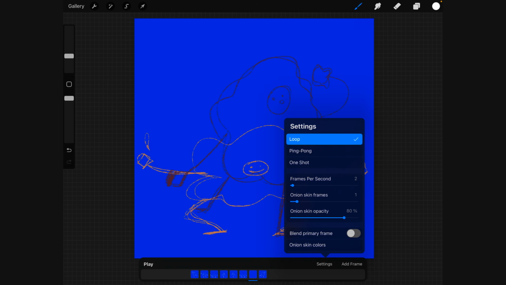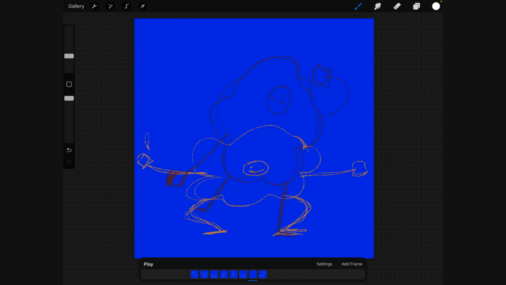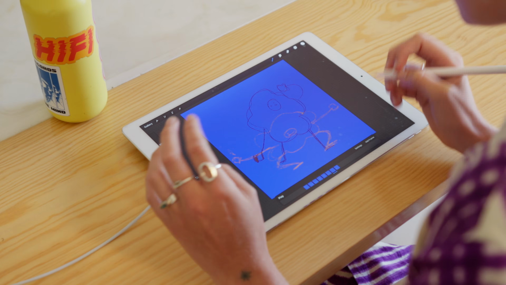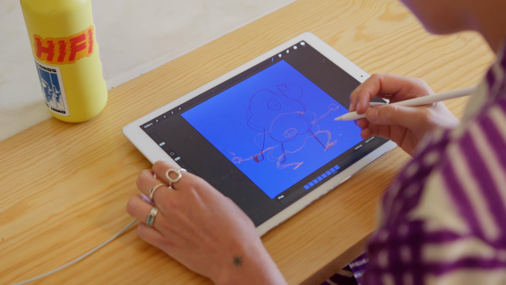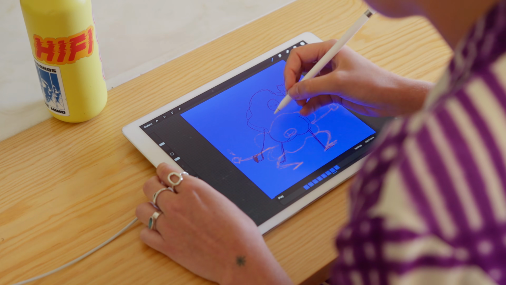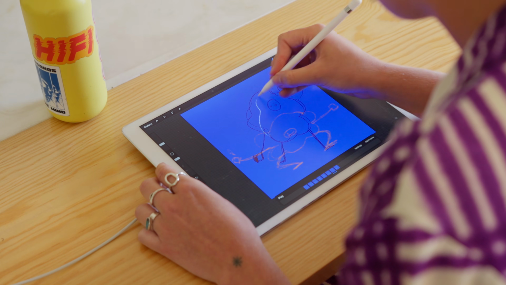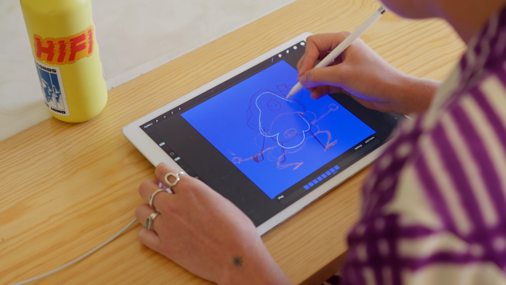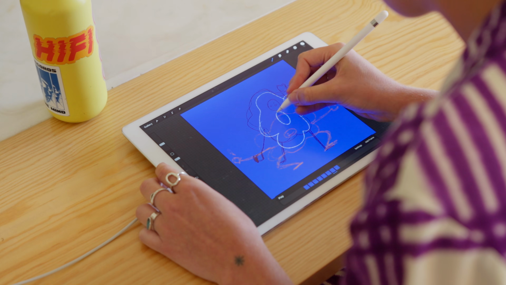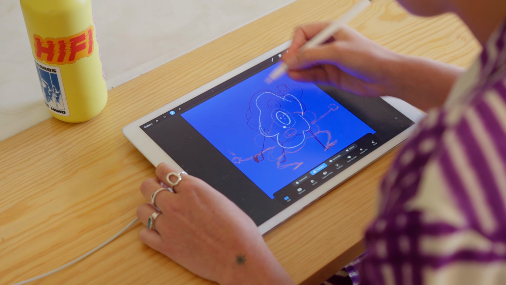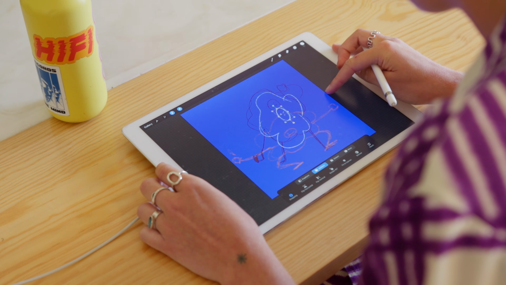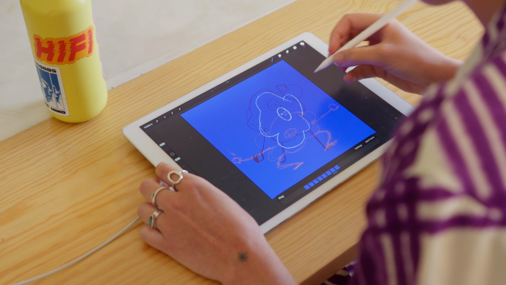I kind of like turning the onion skin frames on and off just to kind of see. Sometimes the onion skin frames and the drawings and having lots of things can get quite messy. So it's nice to just have a bit of a breather, have some clarity, see what we're working with, and then turning them back on to focus on the motion. So let's do some of this. We can bring back that stretch in the face and select that and move that back up to make sure it's in the right spot.